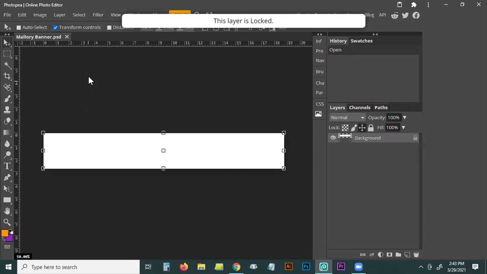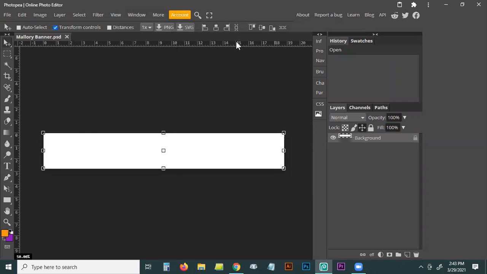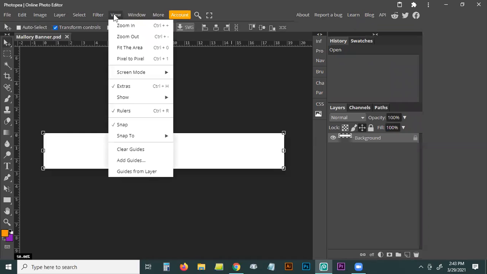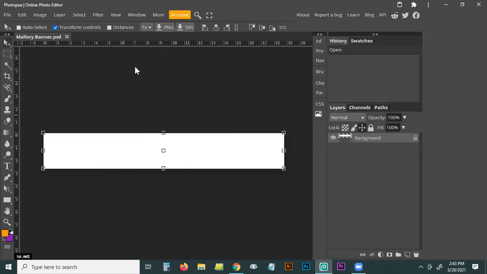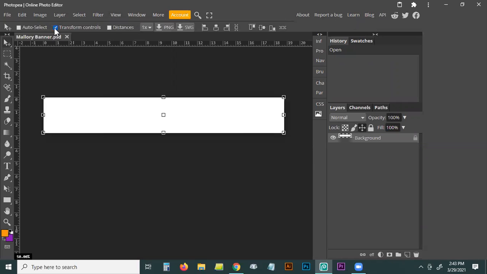Okay, so mine, in fact, has got rulers up here. I think that you can go to View and show rulers or don't show rulers. And also snap different things, whatever you think you want. If it's up here, transform controls would be good for you to click and have a little blue